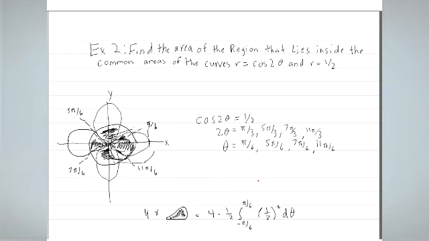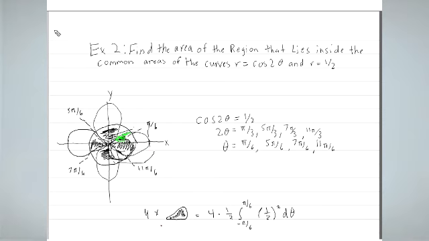Okay, now to find the little slivers, let me go to the sliver right here, which you can actually see. So I'm shading in the little sliver of area. To find that sliver, we must find when cosine 2 theta